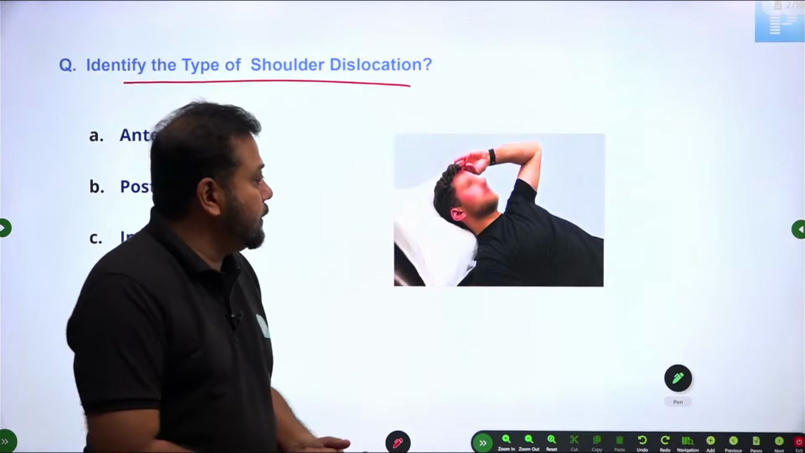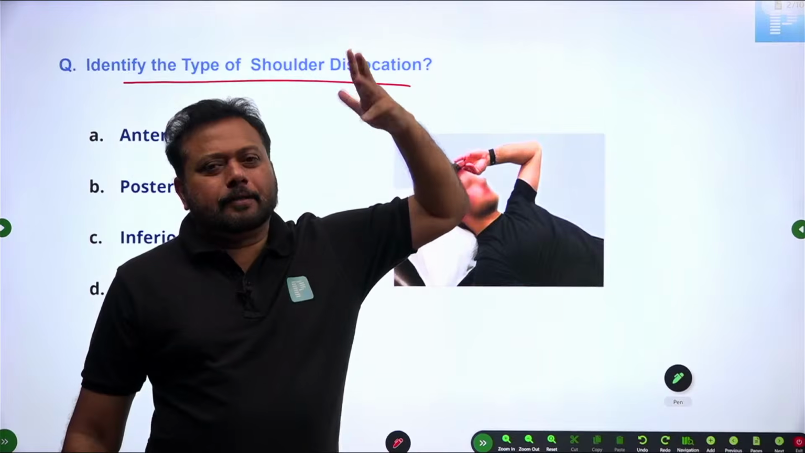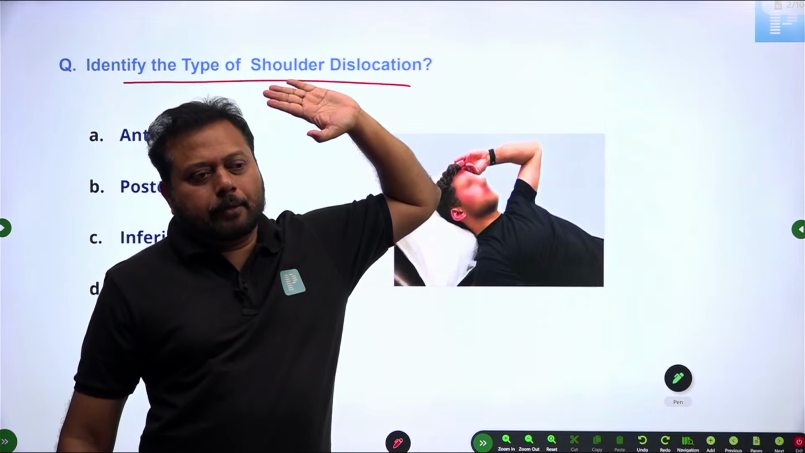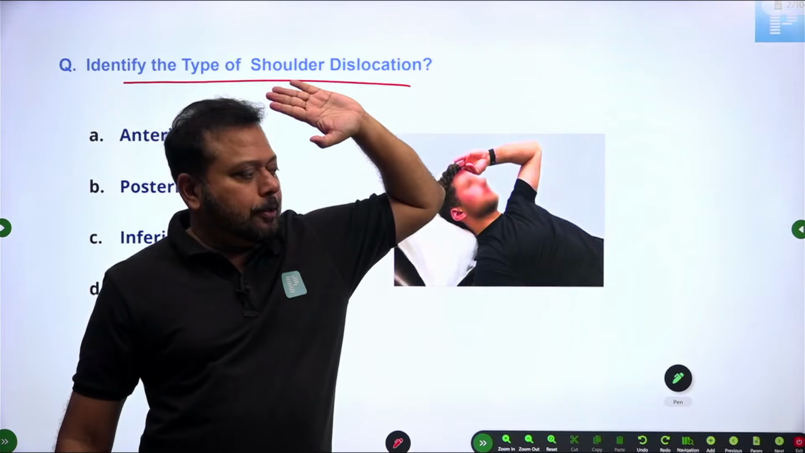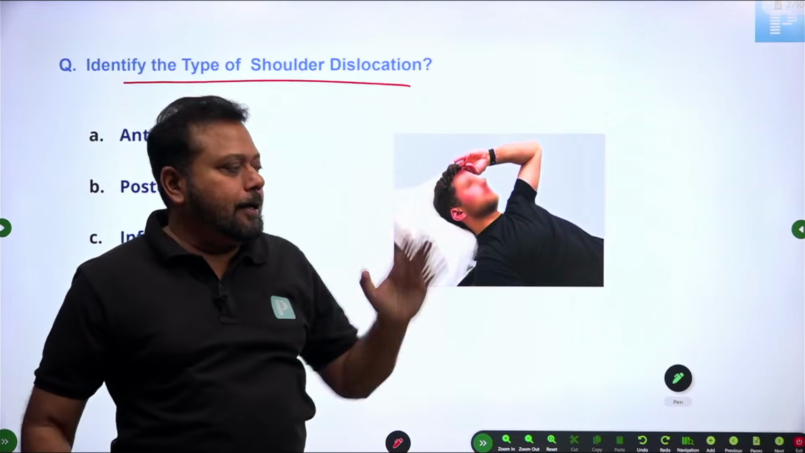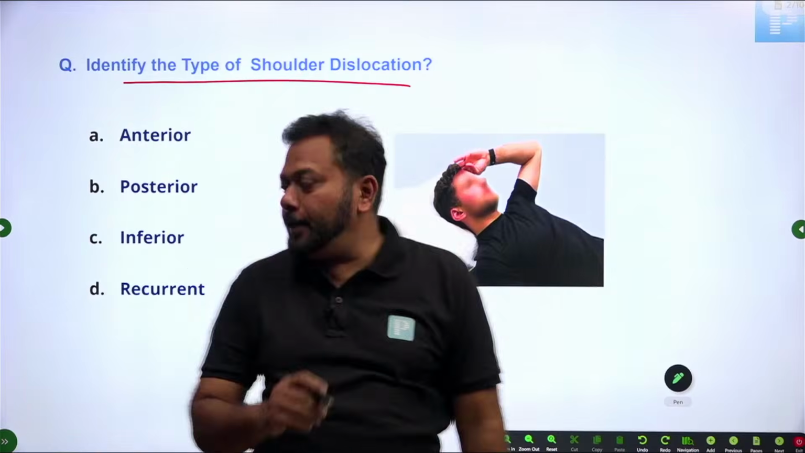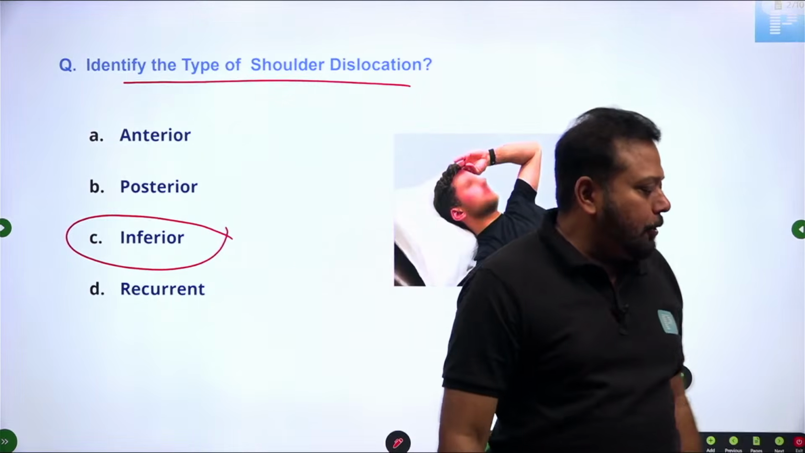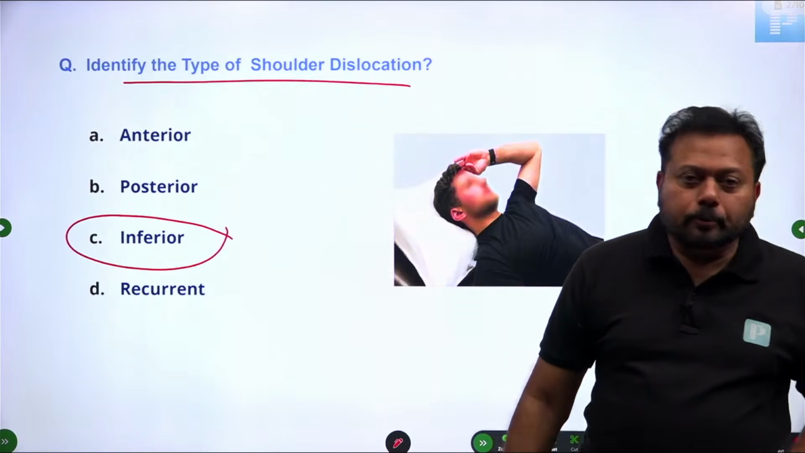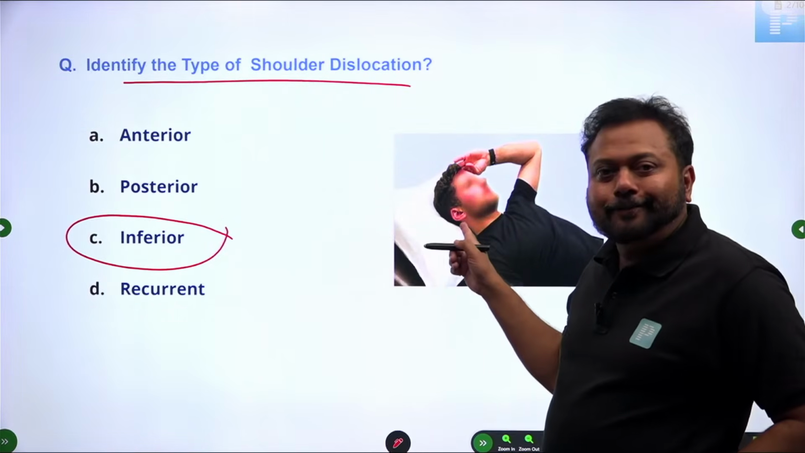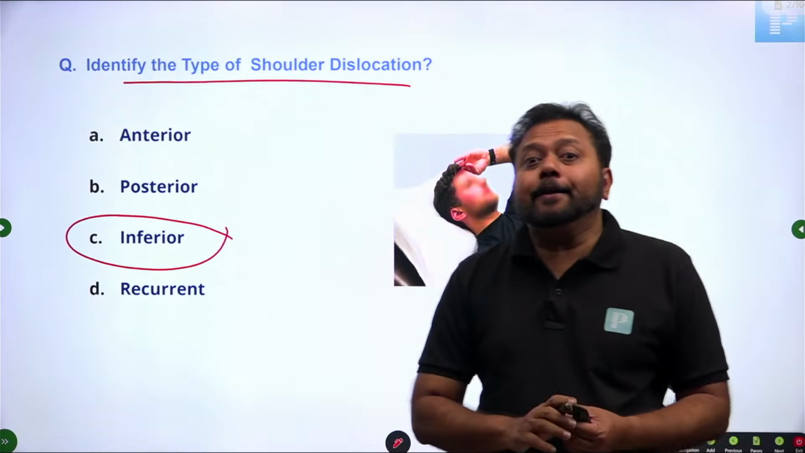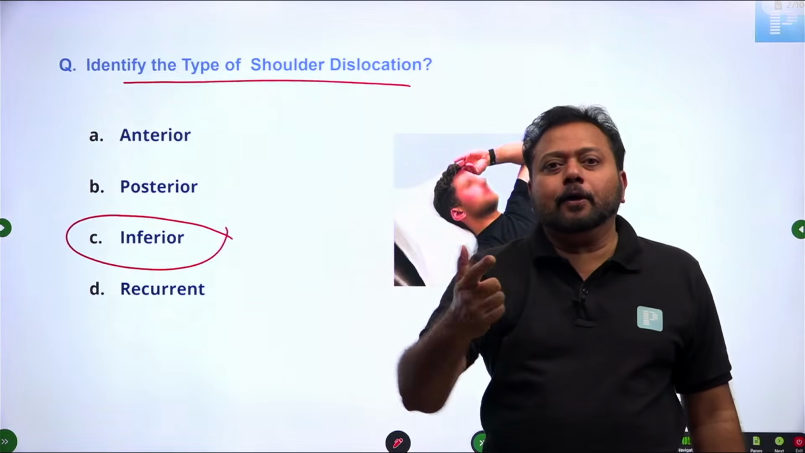This position, you see this patient, he is lying like this. Okay, so this is called salute position, and classically this happens in inferior shoulder dislocation. So this is inferior shoulder dislocation, right? They have asked. Now, by looking at the attitude of the upper limb, easily we can diagnose whether this is